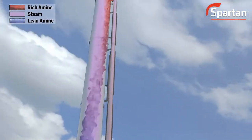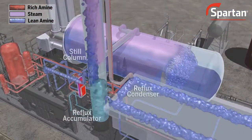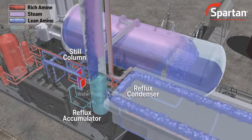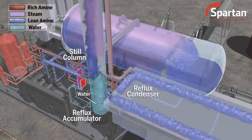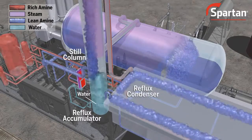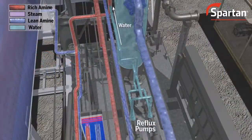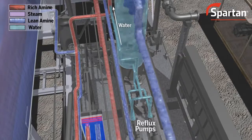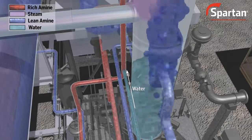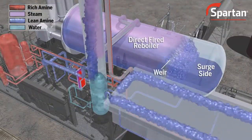This steam exits the top of the still column, flows through a reflux condenser, and then enters the reflux accumulator, where acid gas is separated from the water. The acid gas can be sent to a thermal oxidizer or disposed of in other ways. The water is recycled back into the system, being pumped into the rich amine solution by reflux pumps before it enters the still column. Back inside the reboiler, the lean amine flows over the top of a weir and into